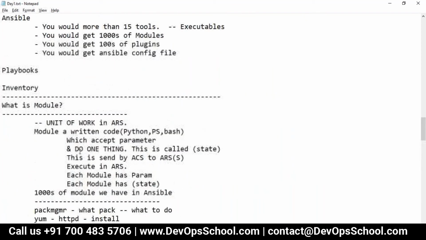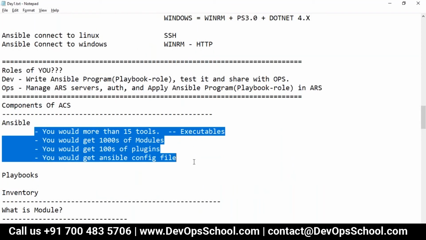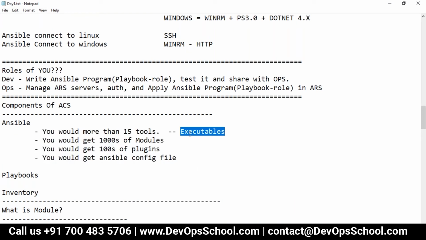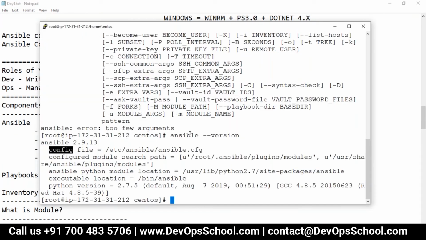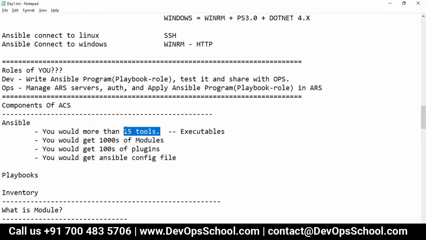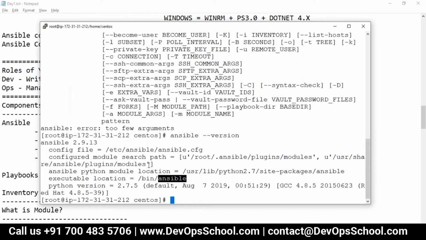I said whenever you install Ansible, you will get all these 4 things, right? So first look at the executable. Where is that? A simple way to locate the executable is to see the executable location. The bin directory has all the executables, out of which ansible is the main command line. But I told you when you install Ansible, you'll actually get many executables. So can I go to the bin directory? cd bin.